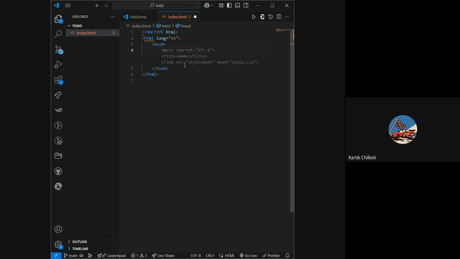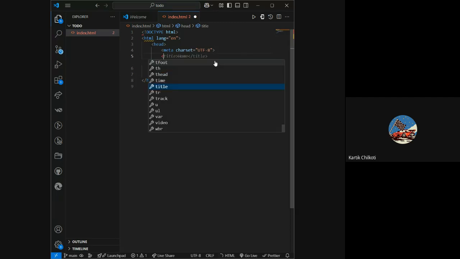Now we will use meta charset equal to UTF-8,